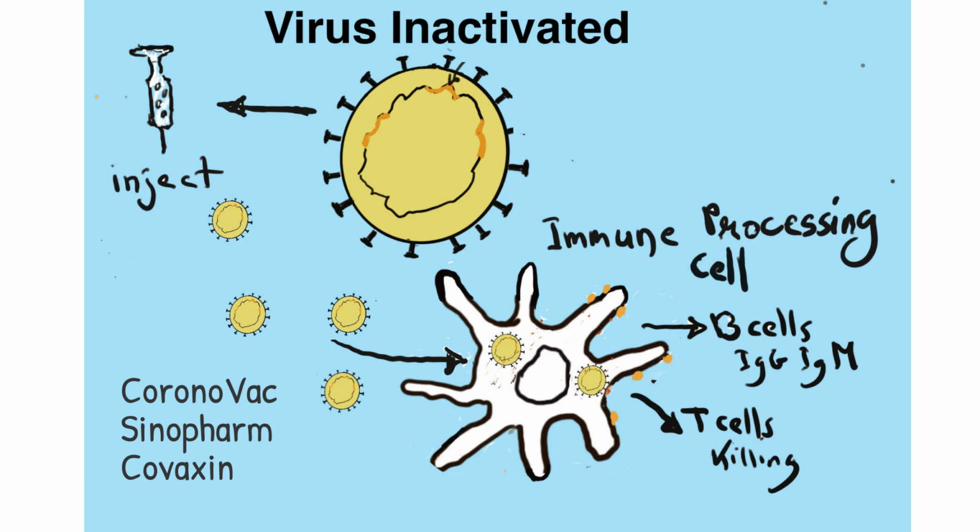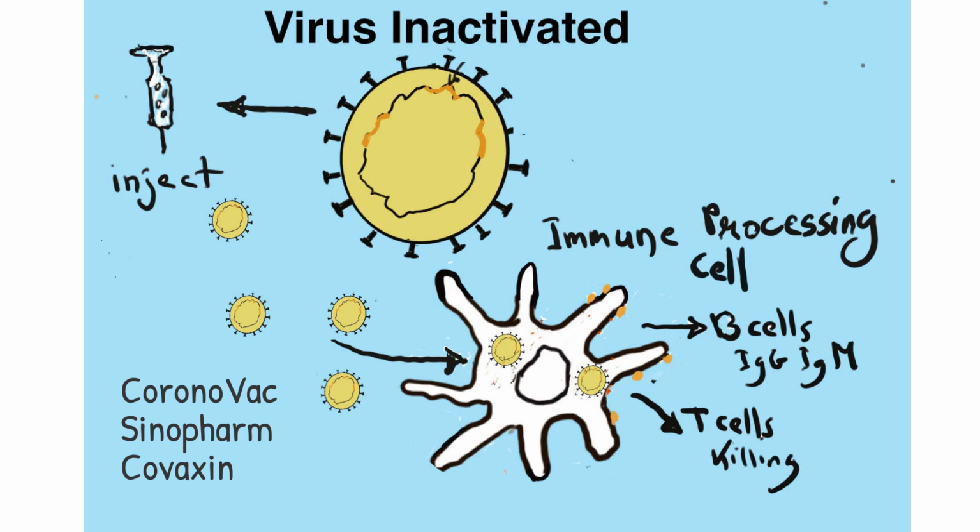The fourth strategy is to inject inactivated or killed whole virus. China has used this approach to produce the CoronaVac and Sinopharm vaccines, and India to produce Covaxin. Manufacturers in both countries have taken whole virus grown in Vero cells and inactivated the virus with beta-propiolactone. The advantage of these vaccines is that they immunize to a broad range of epitopes or protein sites on the virus. Covaxin and Sinopharm vaccines have achieved an efficacy of 70 to 80% range, while CoronaVac has demonstrated lower efficacy